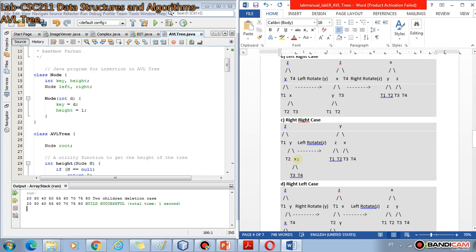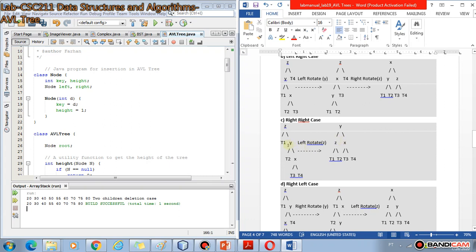the X is the right child of Y, which is the right child of Z. So it is a left rotation. One left rotation would fix the height of the tree, and it will make the height of the tree the same as before insertion. For example, here we have to perform a left rotation, so it means that Y will take the place of Z, X will take the place of Y, okay, and